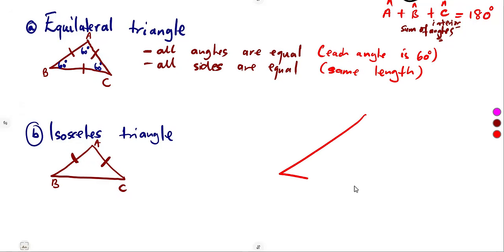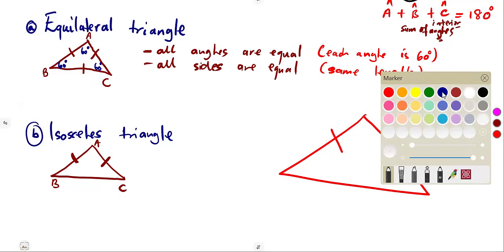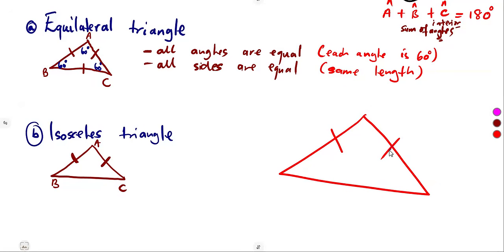So it follows that on that isosceles triangle, remember we said before from our grade 8 mathematics, if we have a side like this, the angle opposite to that side must be equal to the angle opposite to this side. The angles opposite equal sides must be equal. So these angles in an isosceles triangle will be equal. The angle opposite this side, which is at B. The angle opposite this side, which is at